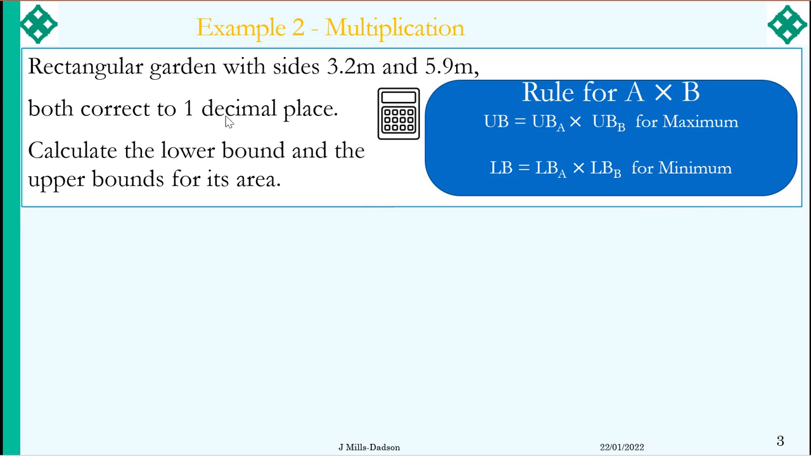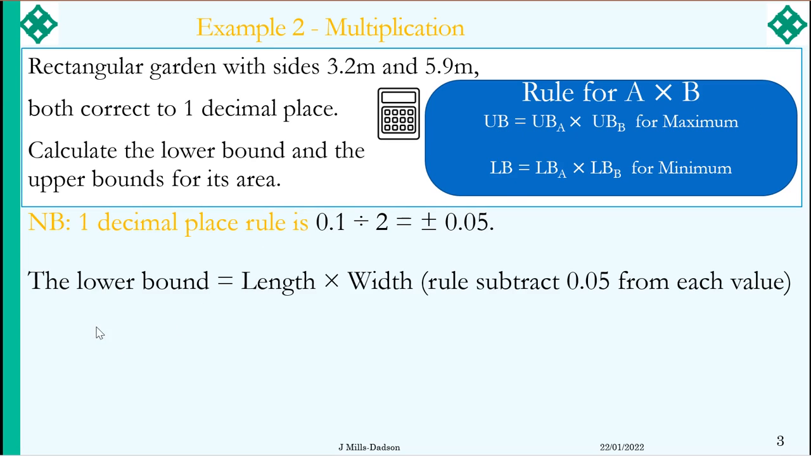So the clue here is 1 decimal place, which is 0.1 divided by 2. So our rule will be plus or minus 0.05. So we're going to use this rule. Let's start with the lower one. For the lower bound, we take 0.05 from each measure. So that's what you will have,